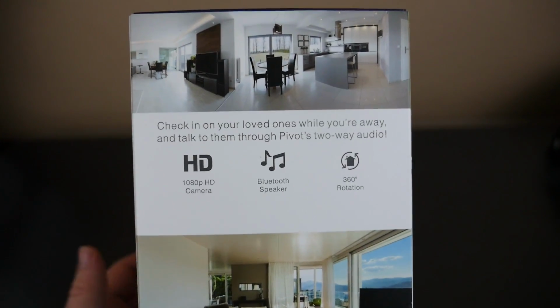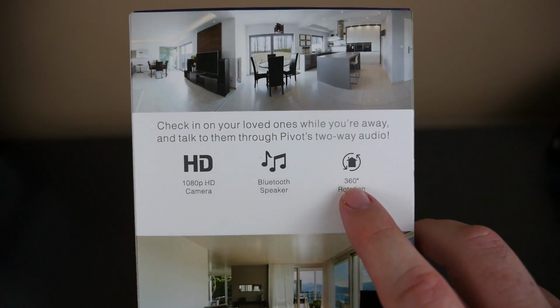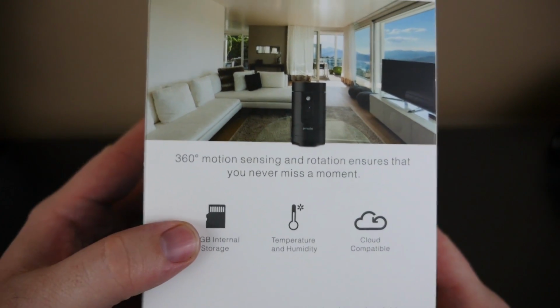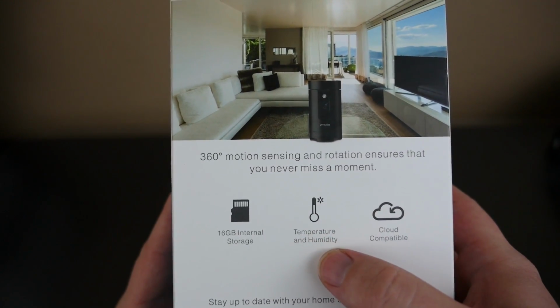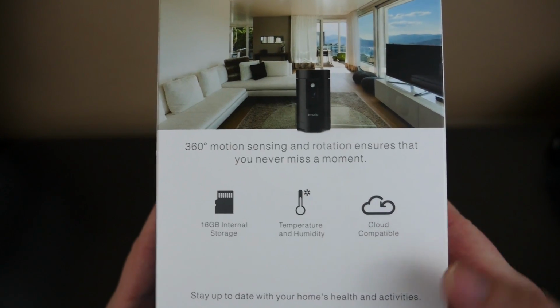So it's a 1080p HD camera. It's also got a Bluetooth speaker if you want to listen to some music. It rotates 360 degrees. Also has 16 gigabytes of internal storage. You can also check on the temperature and humidity of your house, and it's cloud compatible. So let's open this up and see what is